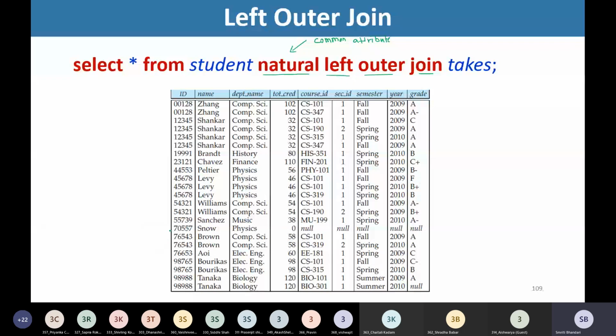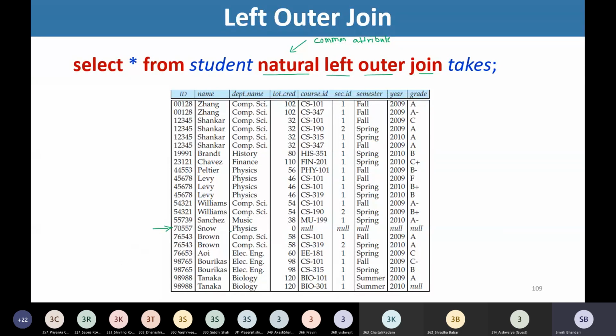So see here the output of this query. In the earlier form, where we were using only natural join, this particular tuple was not in our output, because the student ID 70557 does not have any matching tuple in takes, because this student has not opted for any of the courses.